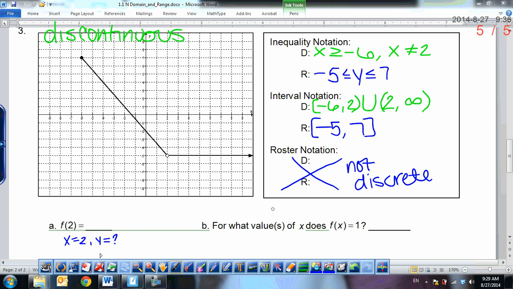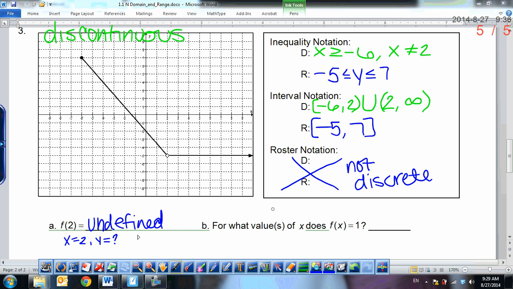What happens at x equals 2? Yeah, there's a gap. There's a break. The graph doesn't exist there. That open circle means the graph does not exist at that point. So what we can say here is that f of 2 is an undefined value